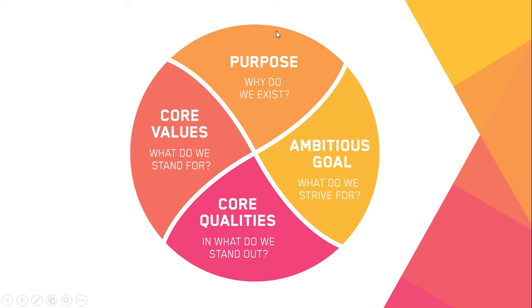Next to the purpose, we have core qualities. So core qualities explain in what we as an SDG group stand out. It illustrates our strengths and helps to formulate realistic goals. The action plan should make use of our core qualities. An example of some core qualities of World Merit is that we are resilient, dedicated, vision-focused, innovative, and collaborative. So that's the core qualities.